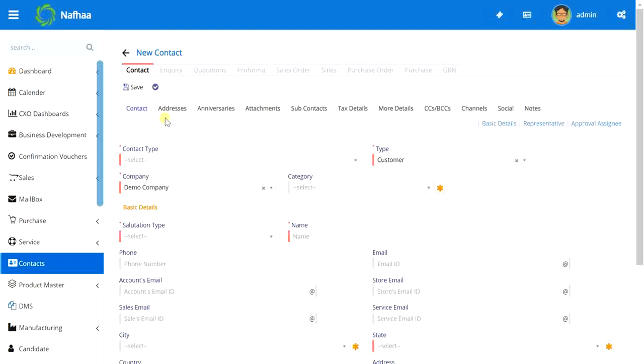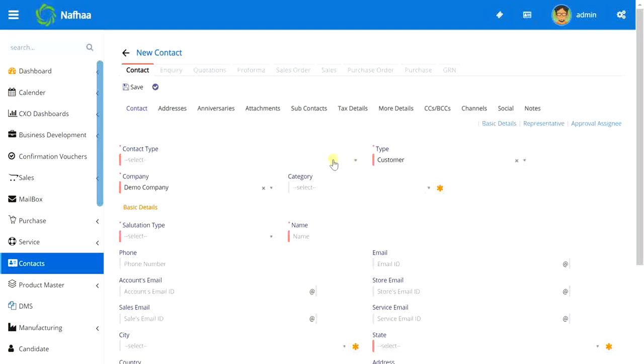So you are seeing this many options, this many fields available. It's not necessary that you need to have all of this. You can customize NAFA as per your business, as per your convenience. So I'm just explaining the default view. Later we will visit the settings section to see what other settings are given for the contacts module itself.